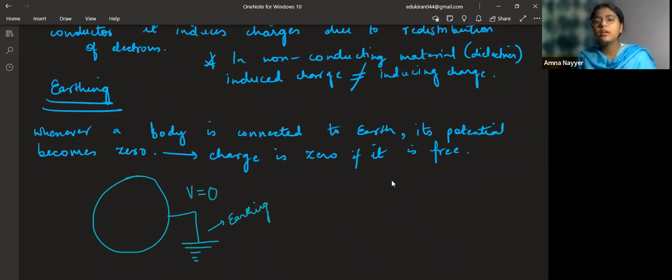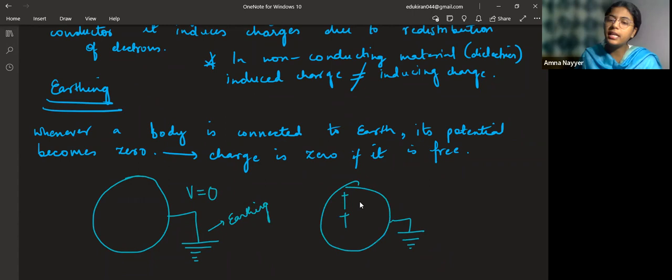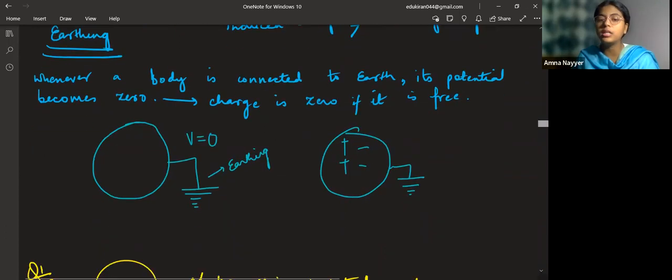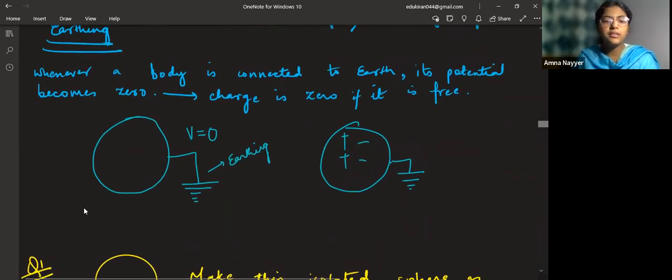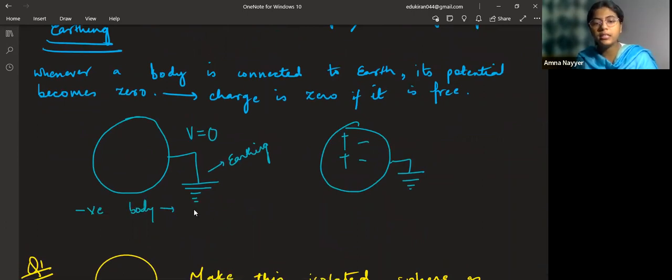Basically, whatever amount of charge is held, let's say positive charge is there, then from the earth the negative charges will come and neutralize. Whether the negative charges will flow from the body to the earth or from the earth to the body depends upon the charge that the body is holding. Just remember one thing: if the body is negative, then electrons flow